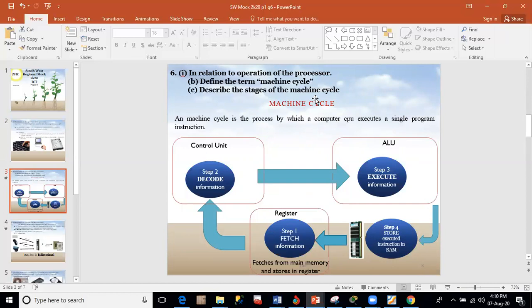There are about 3 to 4 stages, which will answer our question C: describe the stages of the machine cycle. We normally have the fetch, the decode, and the execute, these 3 stages, but a 4th one can be added, which is the store, because whenever I do these things, you need to store. With the first stage, this component here called the register